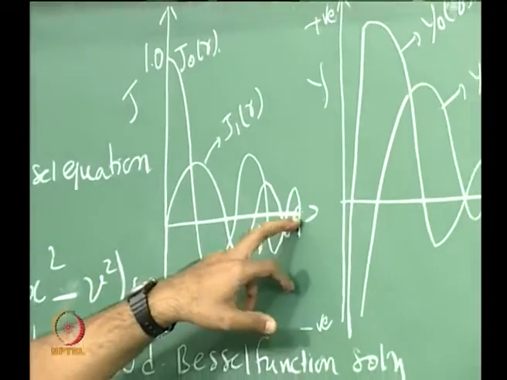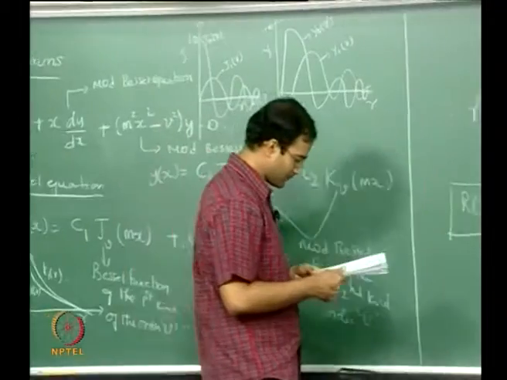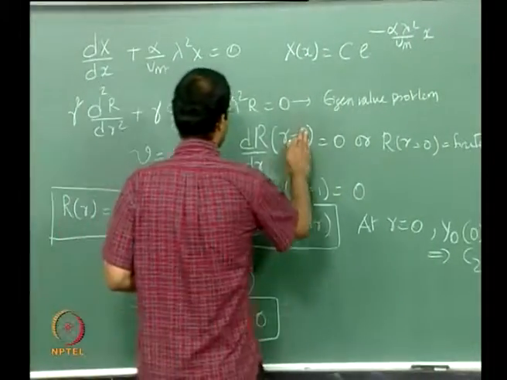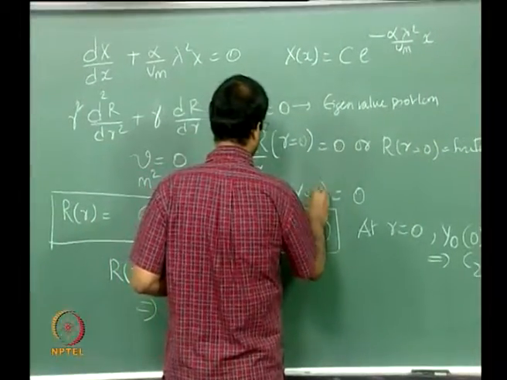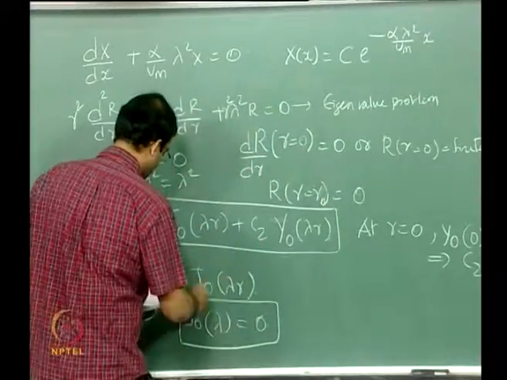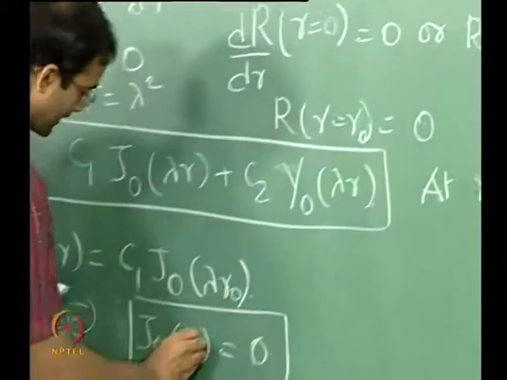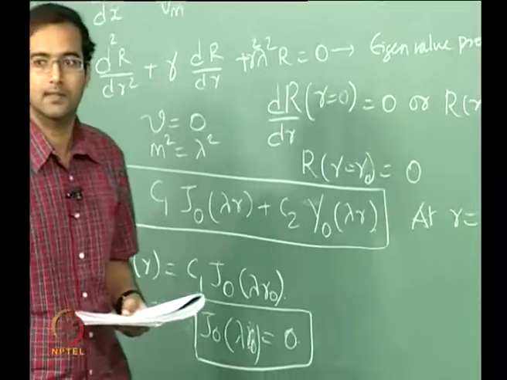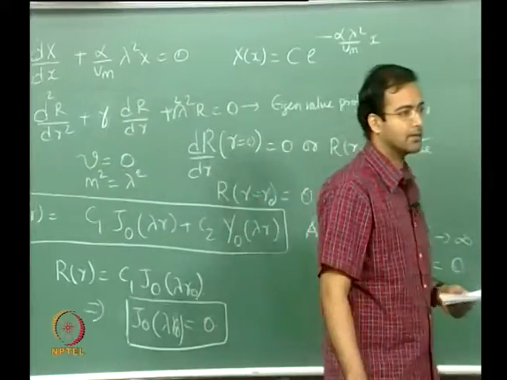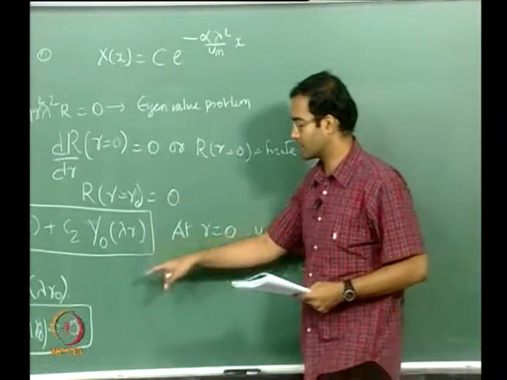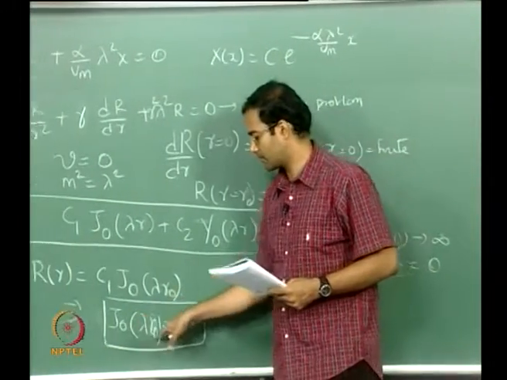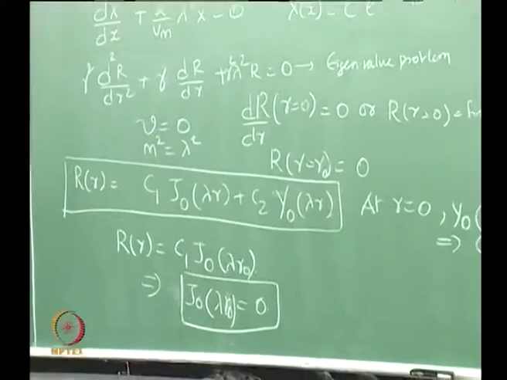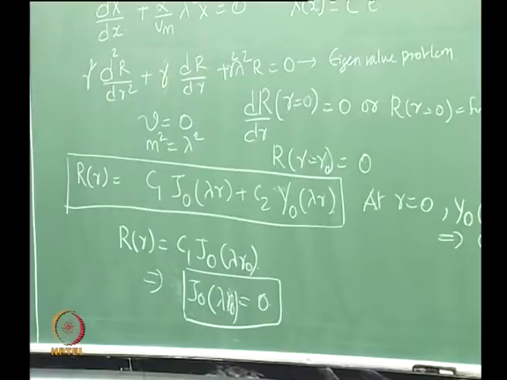right. Oh, okay, so this should be r is equal to, sorry, not 1, r naught. These are all dimensional, so I should write in terms of J naught of lambda r naught here. Please correct it. So this is at r equal to r naught. These are all dimensional radii, so I should use r equal to r naught. So therefore it should satisfy this particular equation. So the corresponding value of lambda r naught will be the ones where J becomes 0.